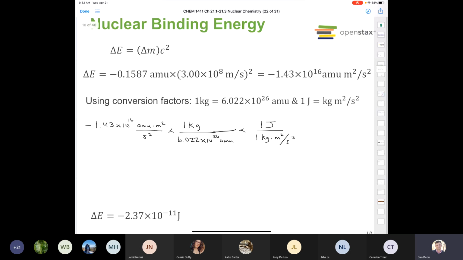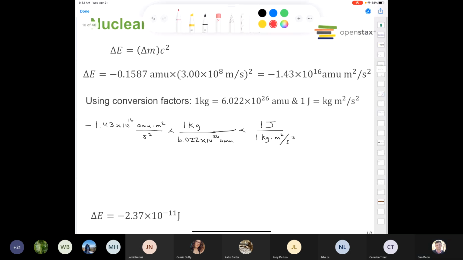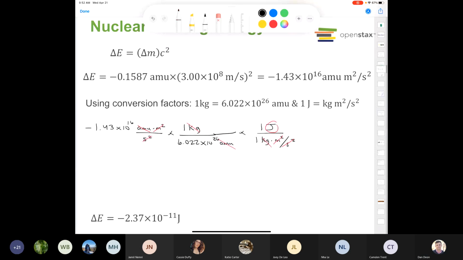Look at what cancels. My kilograms cancel, my meter squared cancel, my second squared cancel, my AMU cancels, and I'm left over with only joules. And so I get that my delta E is equal to negative 2.37 times 10 to the negative 11 joules